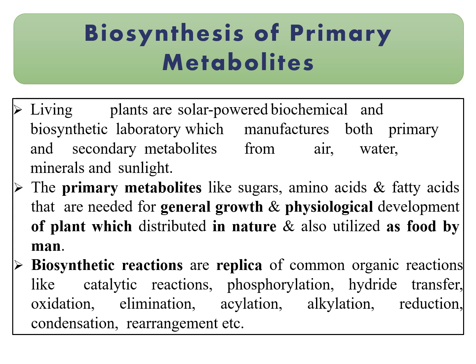Now, how these primary metabolites are formed, I already told you, the biosynthesis of primary metabolites produced by the plant. In the living organism, or in the plant specifically, the primary metabolites are sugar, amino acids, fatty acids and proteins. So how are they manufactured or biosynthesized? With the help of air, water, minerals and sunlight, photosynthesis occurs, and with the help of photosynthesis, the primary metabolites are produced by the plants.